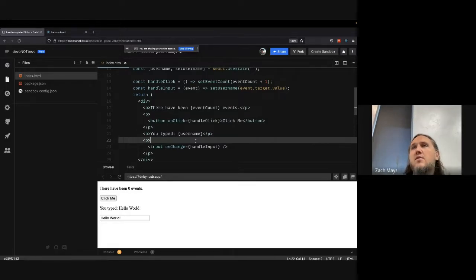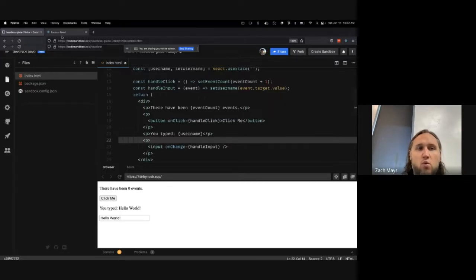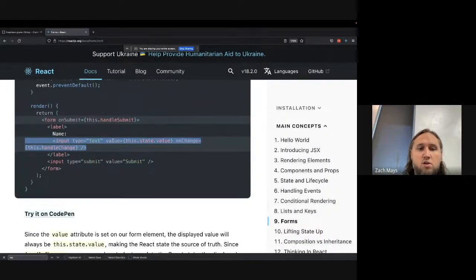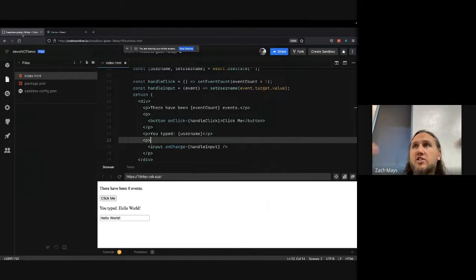But let's say that I wanted to give it a default, not a placeholder attribute, but an actual default value. Or imagine that you are creating a form that uses a Google autocomplete. So someone starts typing in their address, and then they select it, and then you have these other forms that you want to fill in with a value based on the state. Well, the way you would do that is you would actually do what this is saying to do, which is you give it a value attribute. In other words, you're explicitly giving it a value, which means you're now making it a controlled input. Okay,